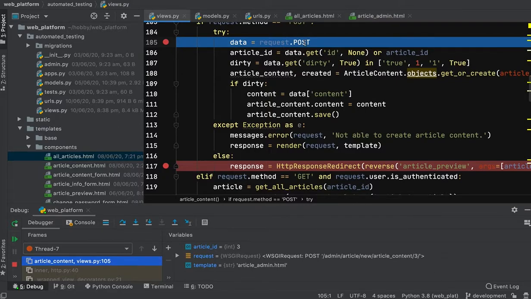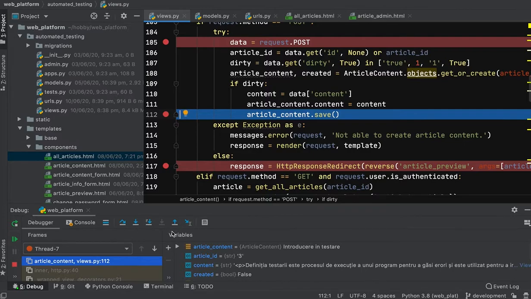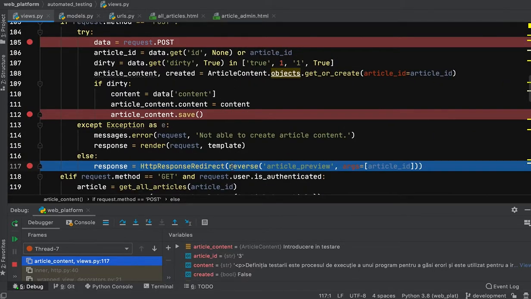Go to the post, so it comes to save. Once it is saved, it will go to the else block, because no exception happens. Here the important thing is that it redirects the response to the preview.